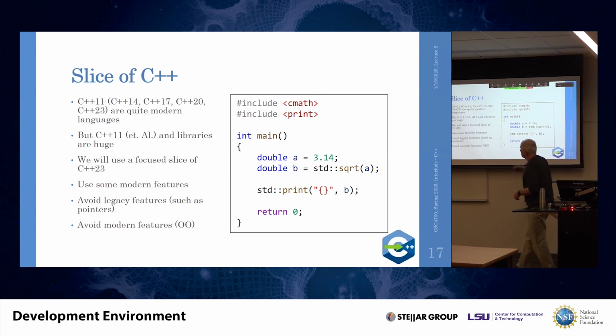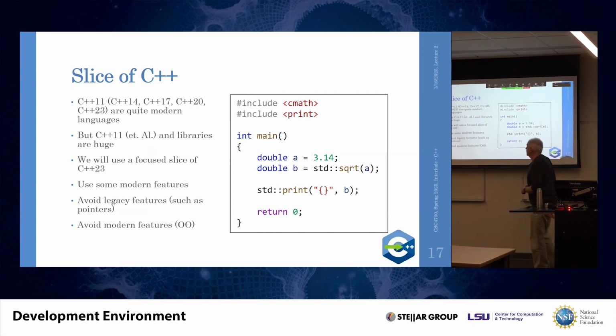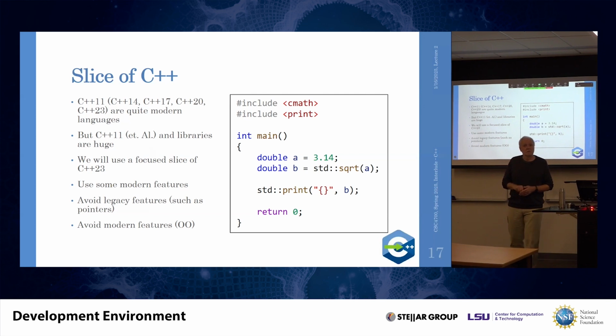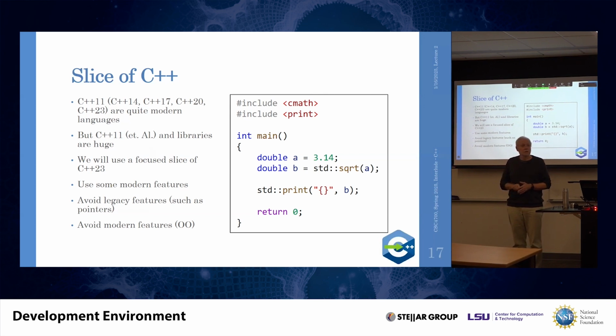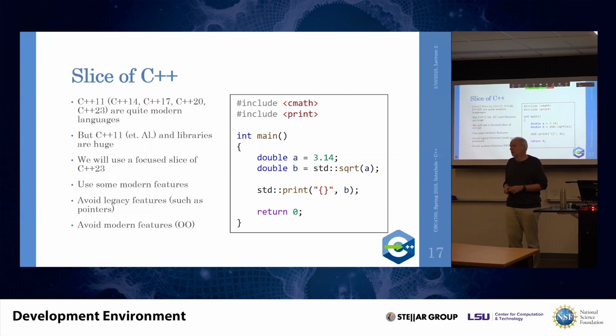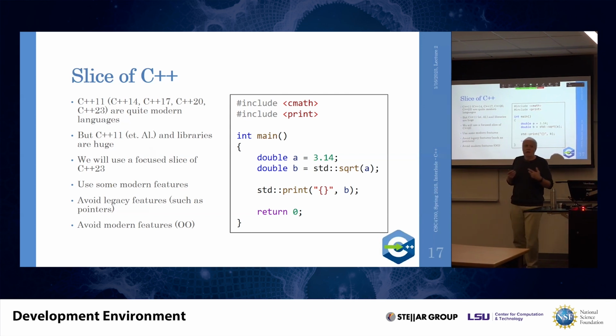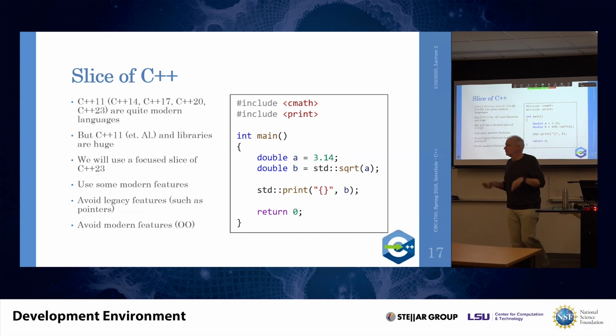So we will use very modern features from C++, and we will avoid legacy features such as pointers. I hope I'm right, but you will not see me using a single pointer in this code, in this class. So if you're here because you want to learn about pointers, come to my operating system class. There we have to talk about these things. But here in this class, we will not use pointers because pointers are evil, at least from a certain perspective.